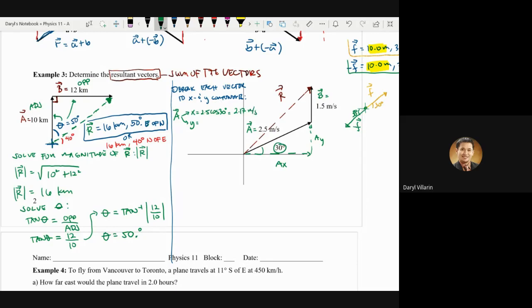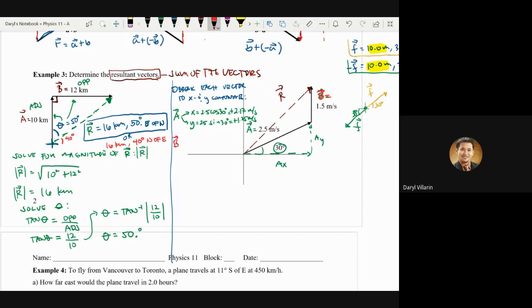meters per second. And this is positive because the direction is to the right. For the y component, it's 2.5 cosine, it's not cosine but sine of 30 degrees. And that should give me positive 1.25. Okay, so now if I'm going to do my B,